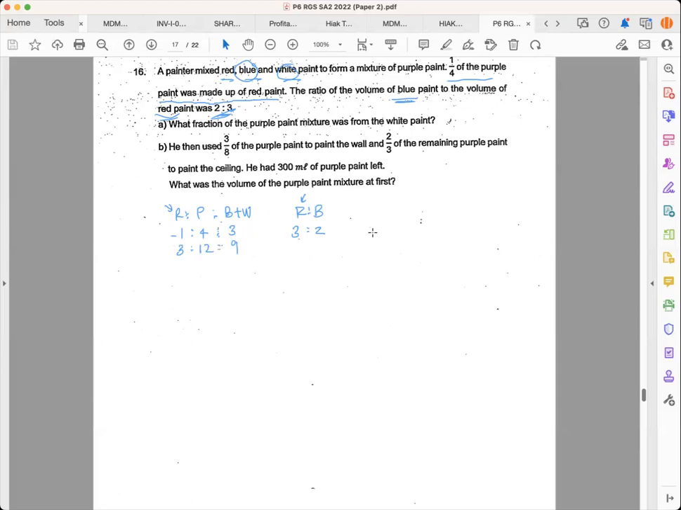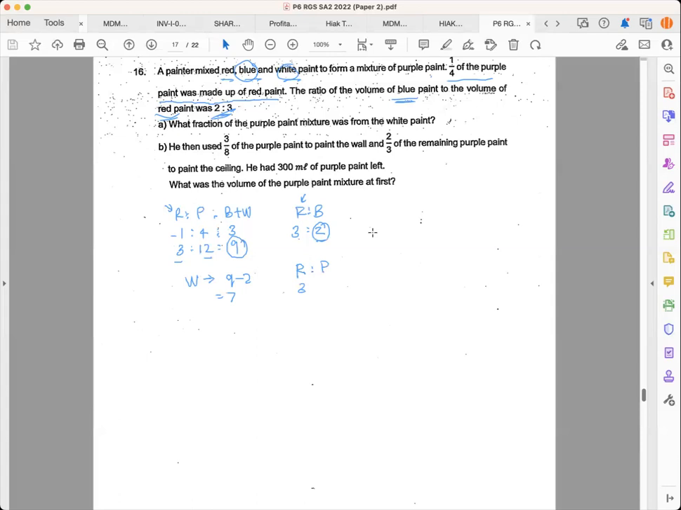So I have red is 3, purple is 12, blue is 2, white will be 9, minus away the blue. Okay, so 9 minus 2, 7. So let me summarize it. Red is 3,